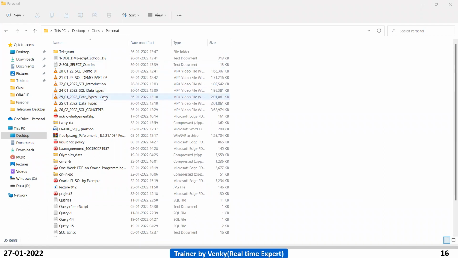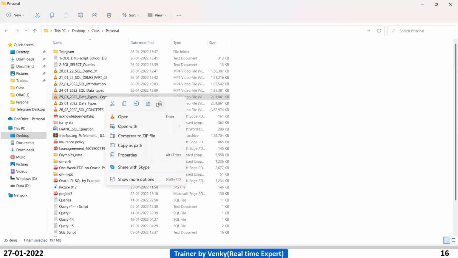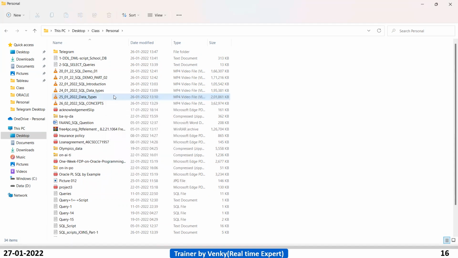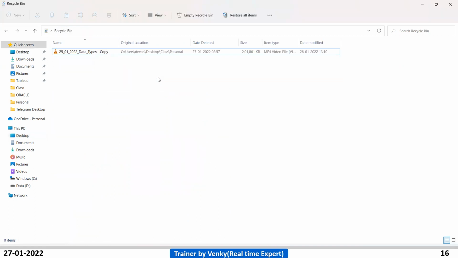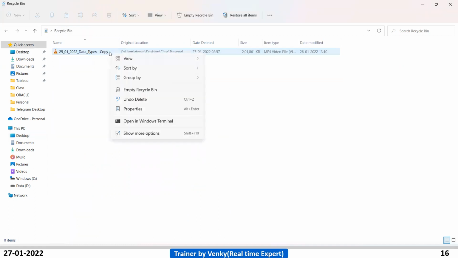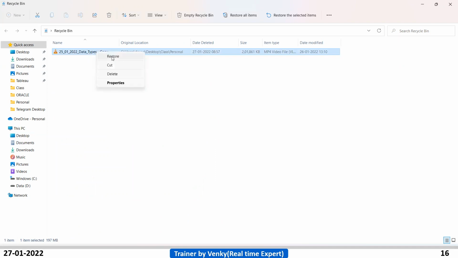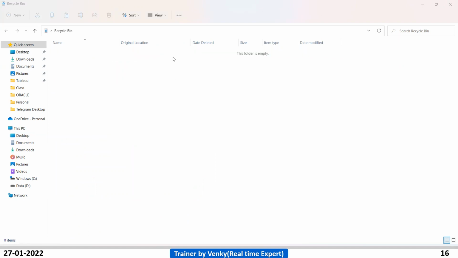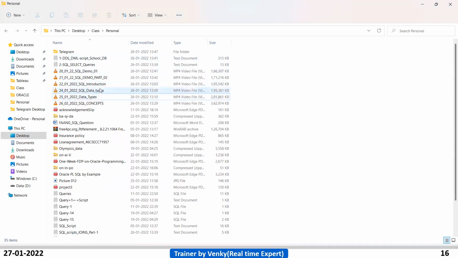Sorry. See, when you delete the data from your database, it's moved to the recycle bin. So if you want, you can restore it also by using the restore option. So you can observe one thing. The file was before in between 22 and 24.